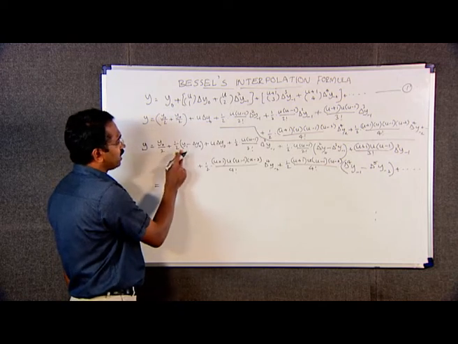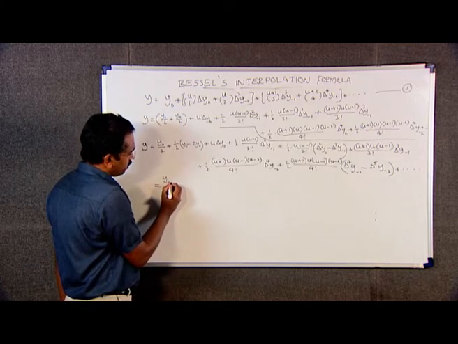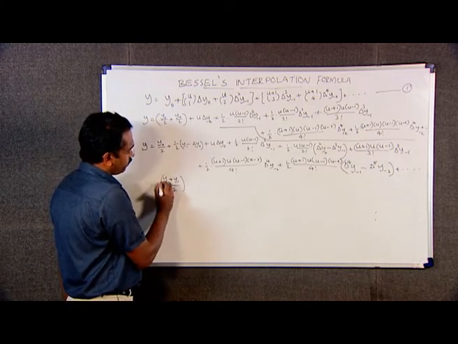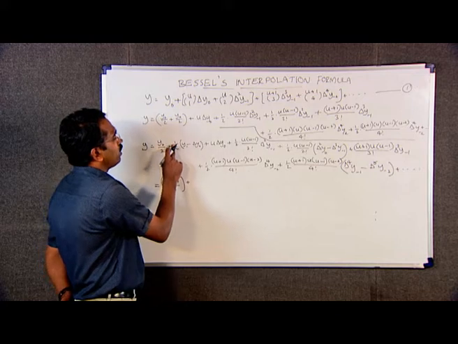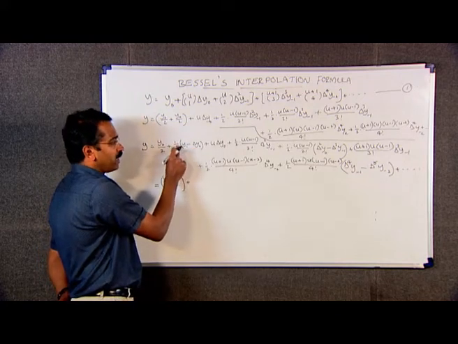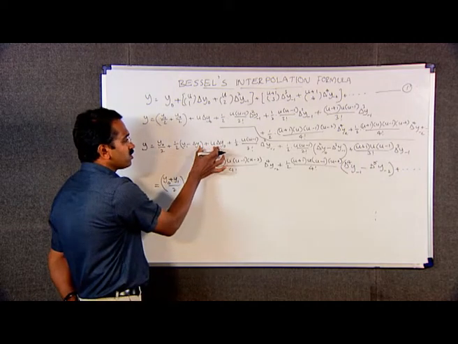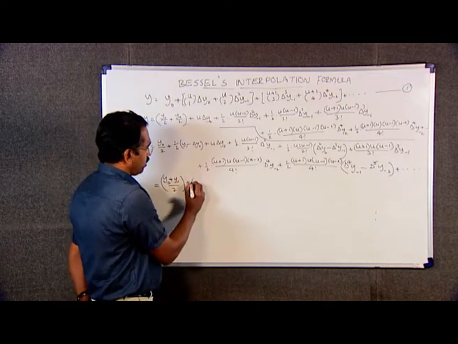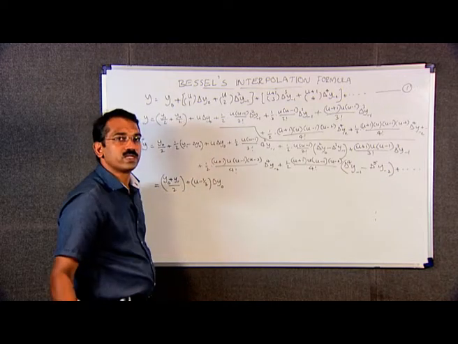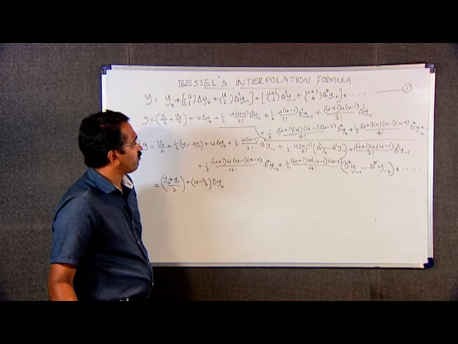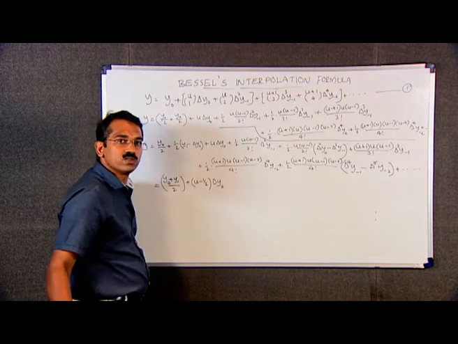From these two we can write y naught by 2 plus y 1 by 2. That means y naught plus y 1 all divided by 2 plus, here 1 by 2 into minus delta y naught means minus 1 by 2 delta y naught, plus the next term is u delta y naught. Combining these two terms we can write u minus 1 by 2 into delta y naught. Delta y naught can be taken as a common factor. We can write u minus 1 by 2 of delta y naught plus,